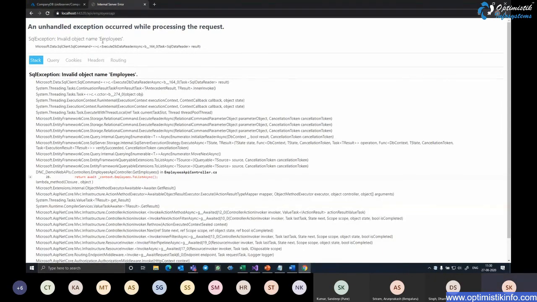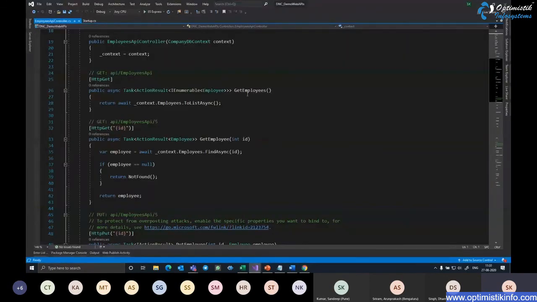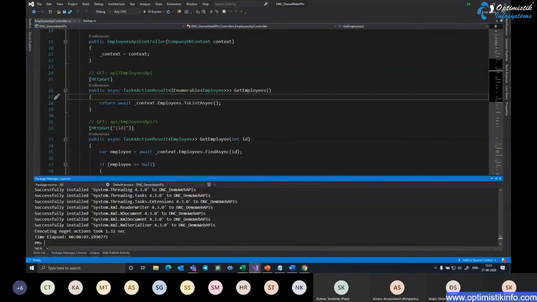Yeah, so here just focus on this. It says invalid object name employees because it is looking to generate a query, select asterisk from employees, and our database doesn't have that table created as yet. So that is why this exception came in. No worries. What we will do is close this tab, come back to Visual Studio, go to Package Manager console,